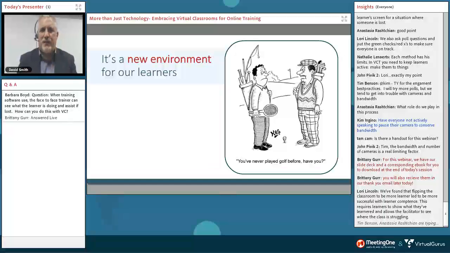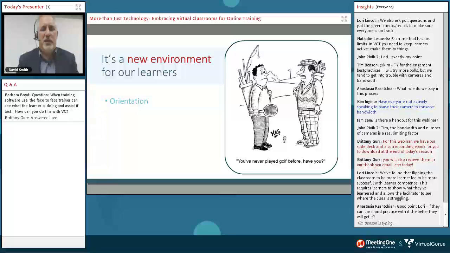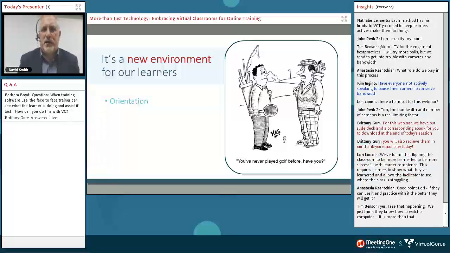So some of the things that we advocate as virtual gurus is creating a learner orientation. You can do that as a precursor to them coming to the virtual classroom itself. You could do it as a piece of e-learning, though that's not great for people to sit through. But one of the things we like to encourage is doing almost like a technology audit. As you're asking learners to join the live session that will take place next week, maybe do a 15-minute orientation which gets them into the platform,